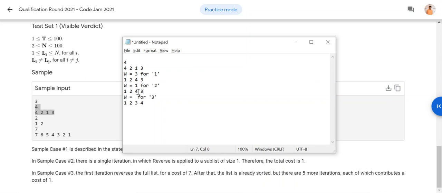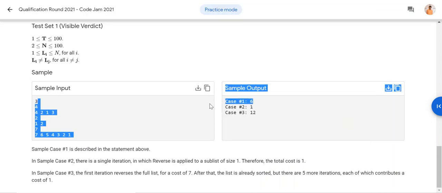You found the number 3 at the last position, and since you are checking from here, the work is equal to 2, and it will become 1 2 3 4. So work is equal to 2, work is equal to 1, work is equal to 3. The total work you are doing is 1 plus 2 plus 3, which is equal to 6. That's the output you have to provide here.